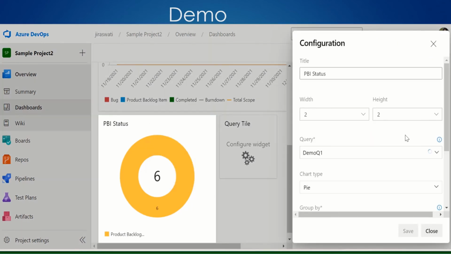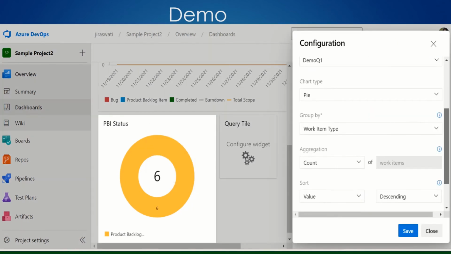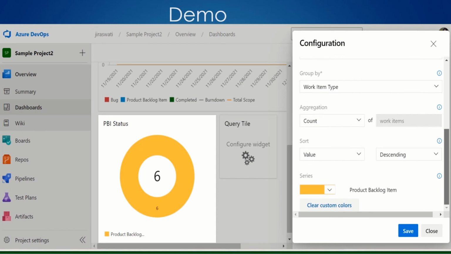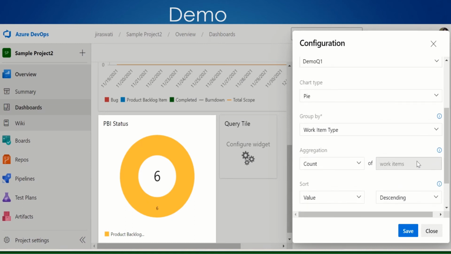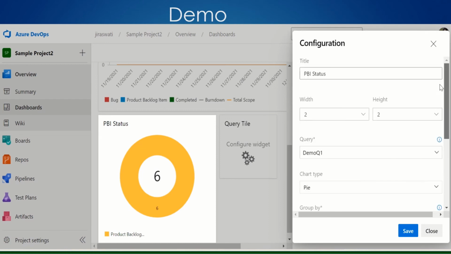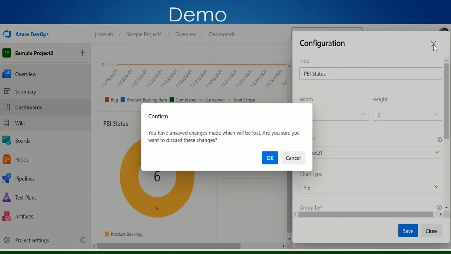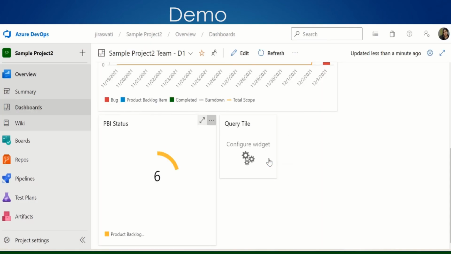Configure. Okay, we need to edit it. So what we will do, let's add the tile now.